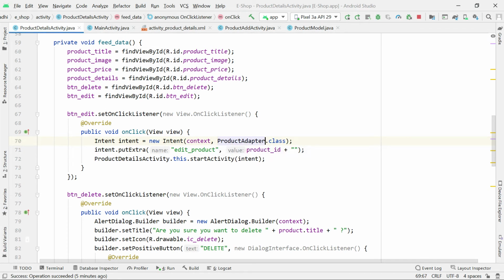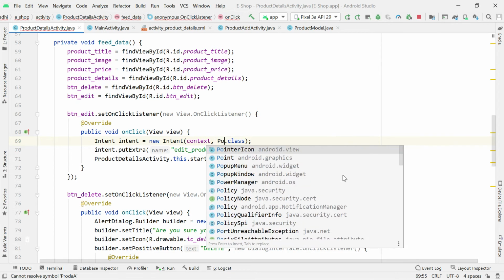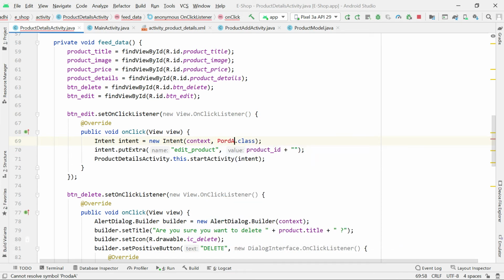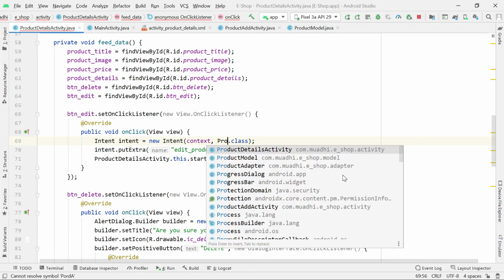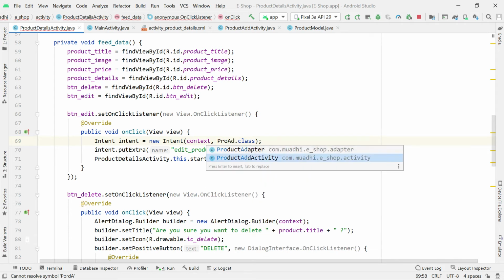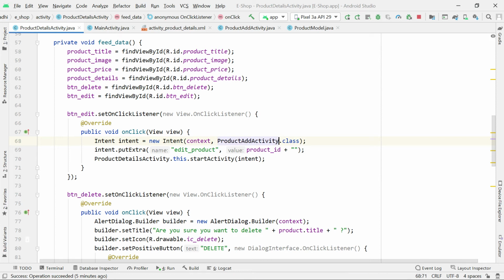I mean, it's product add activity. Okay, so here I'm going to open this product add activity, but the only difference here, I'll give it